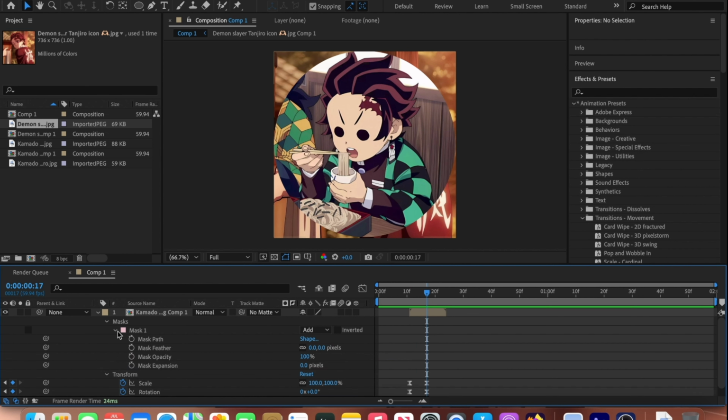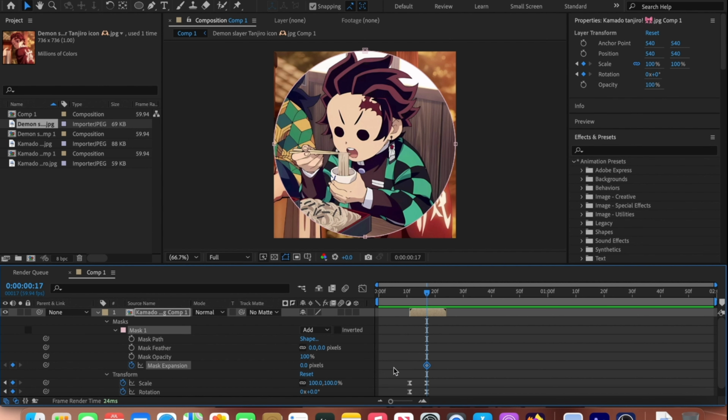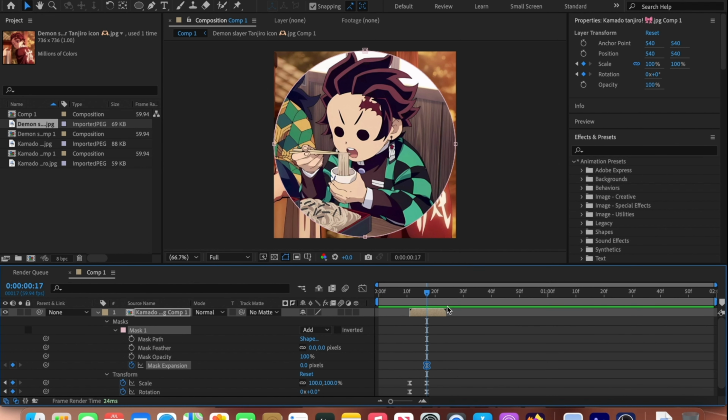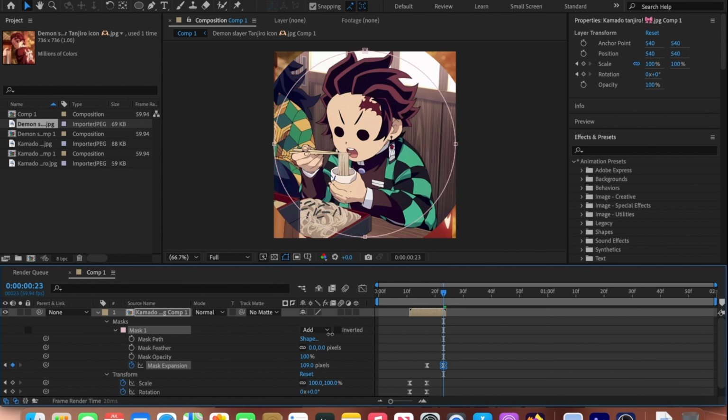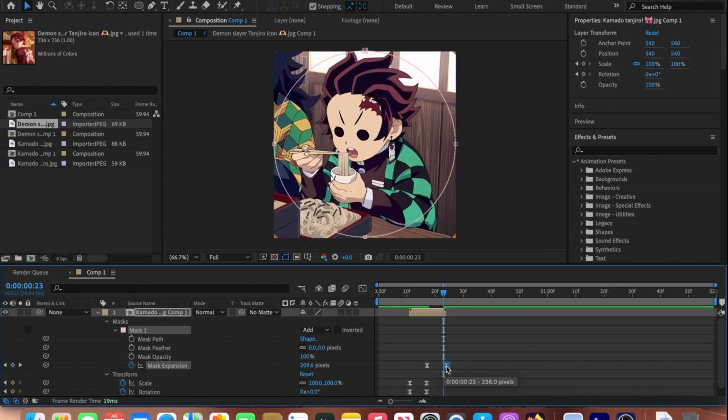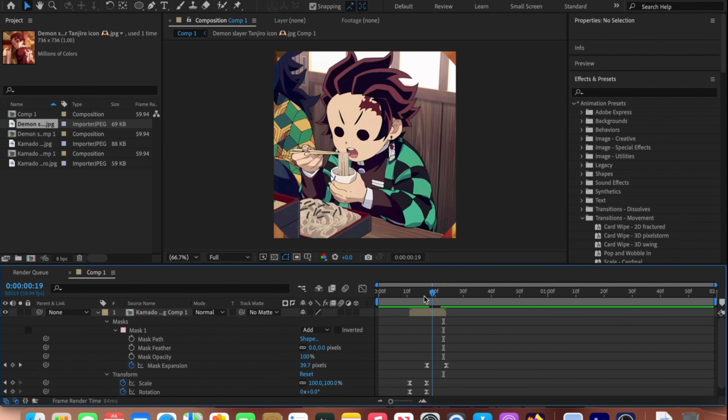Now you're going to go and press the mask arrow right here, mask 1, and you're going to add a keyframe just by putting a little stopwatch right here on mask expansion. Now you're going to keep this keyframe here, easy ease it so the rest of the keyframes will just already be easy ease, and go to almost the end of the clip and expand it till it covers the whole scale. Now that it covers the whole scale, you can just put this back one, and now the transition will